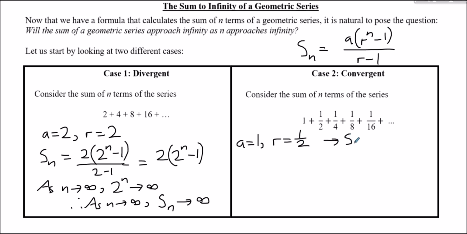So for this one, Sn is going to be the first term 1 multiplied by the common ratio to the power n, so half to the power n minus 1, all over r minus 1, which is a half minus 1. Well, a half minus 1 is minus a half, so the denominator is negative a half. If you're dividing by a negative a half, it's the same as multiplying by negative 2. So Sn equals minus 2,